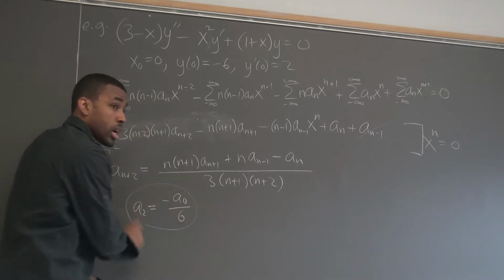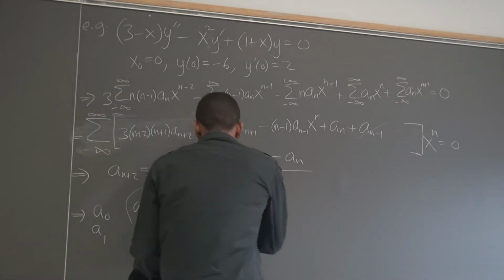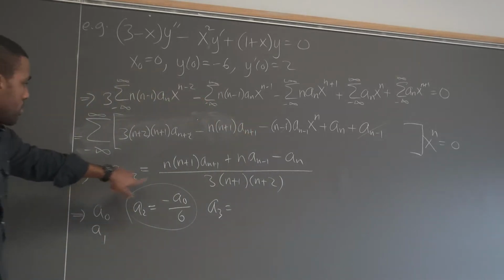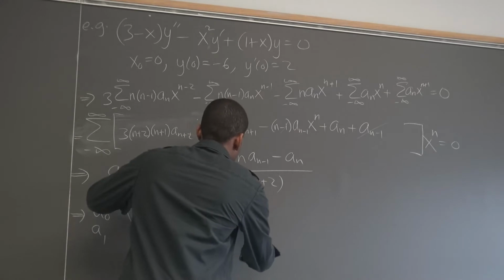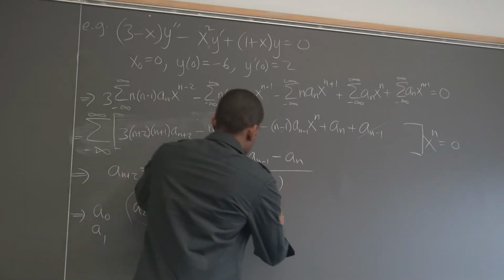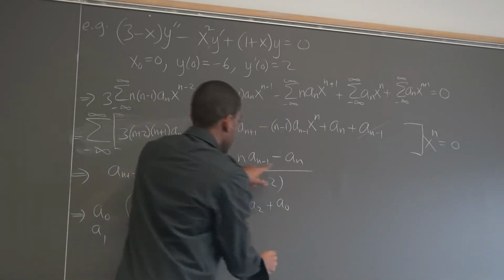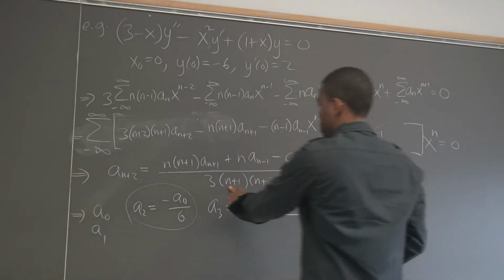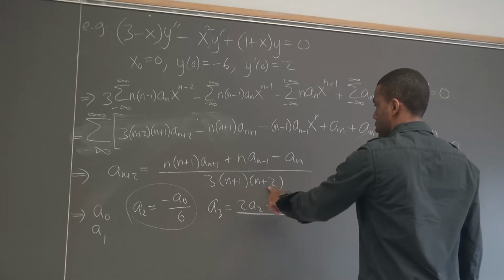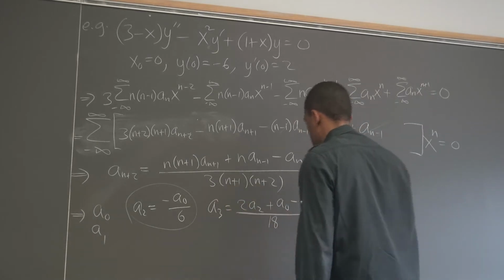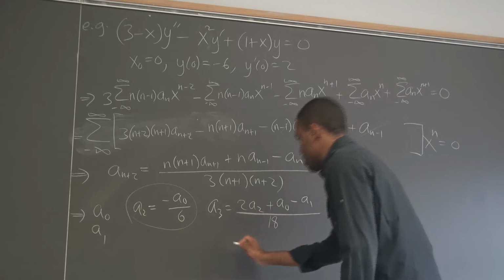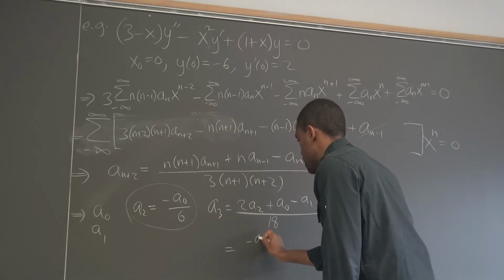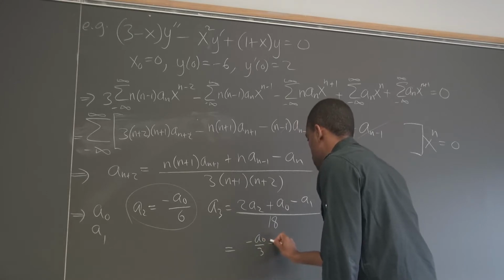And you'd realize that's what we got last time. And if we say a3, what's a3? This is when we plug in n equals 1. This would give us 2a2. N equals 1 would be a0 minus a1 all over, plug in 1 here, that's 2, 3, 3, that's 18. I replaced the a2, so this is going to be minus a0 over 3 plus